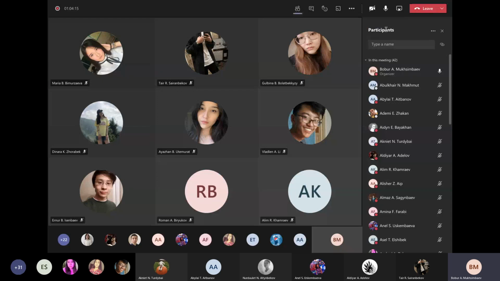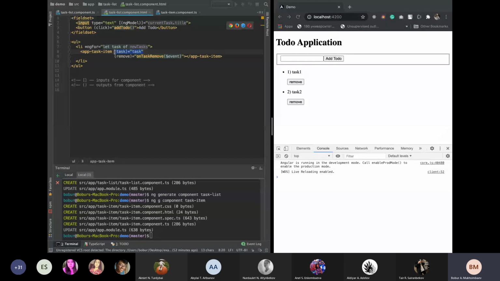So let's continue. We understood about the inputs and outputs here: inputs to the child component and outputs from the child component. Okay, so let's move on and try to understand other things also. So for now,